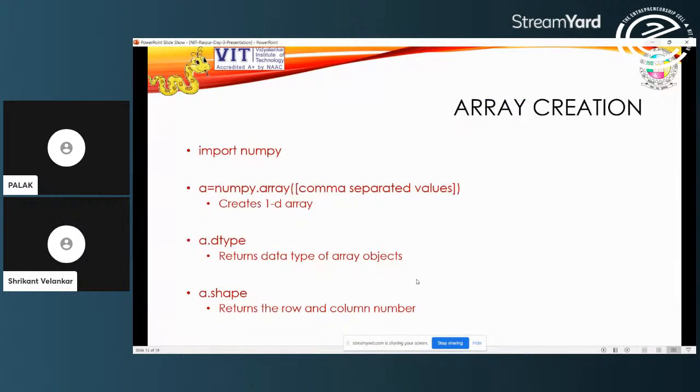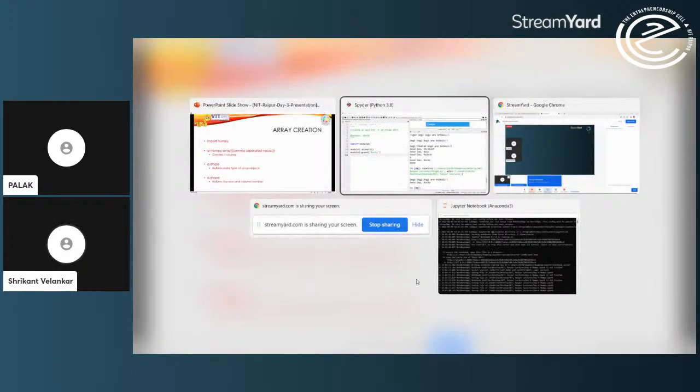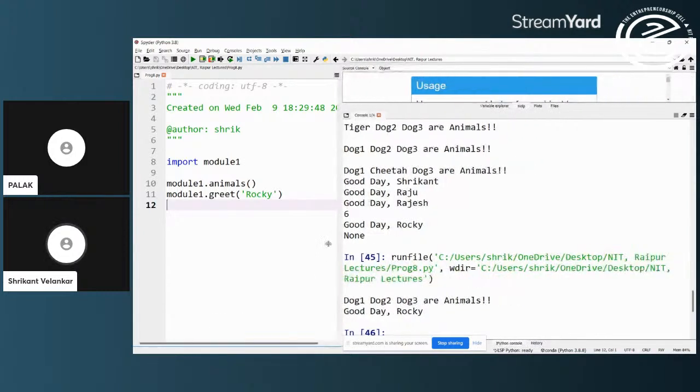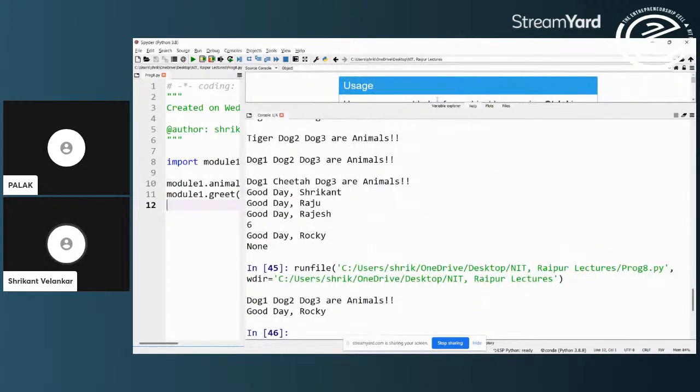Okay. Now let's talk about creation of an array in NumPy as the first and foremost activity. So let's go back to our window. Now there won't be any programming as such, so I will reduce this window to minimum.